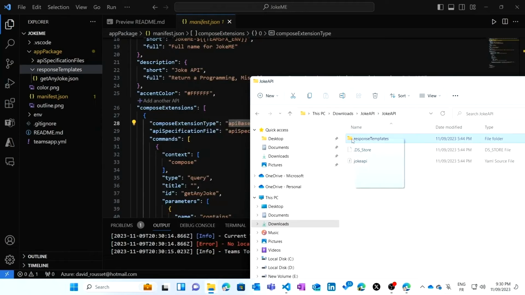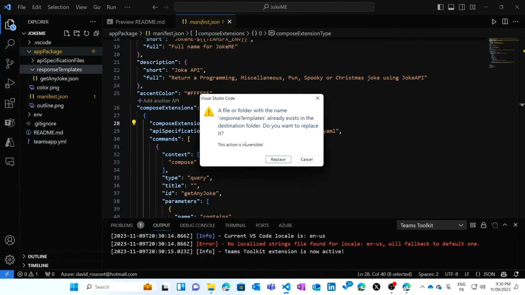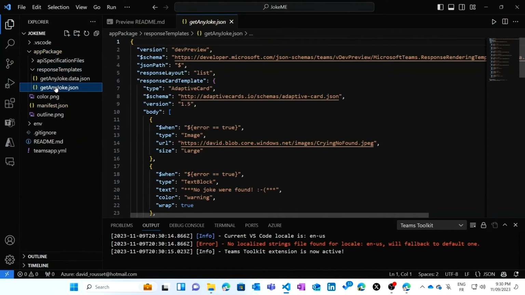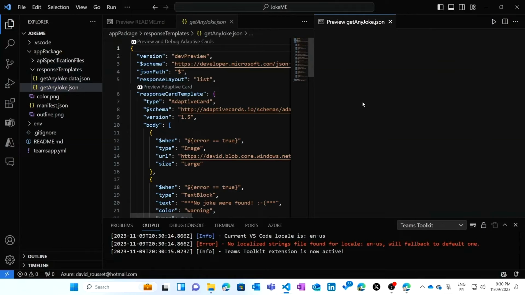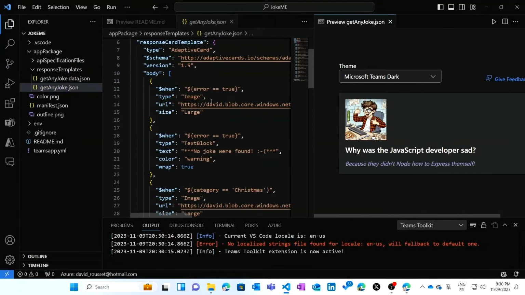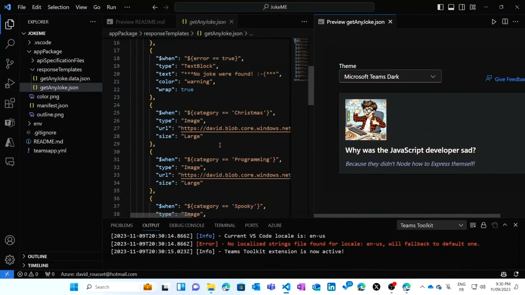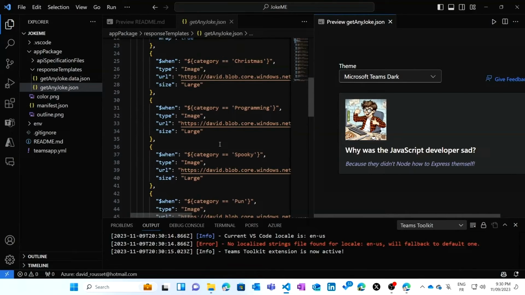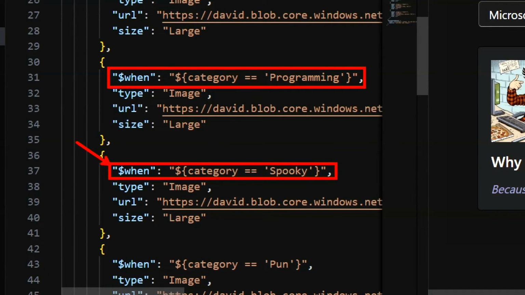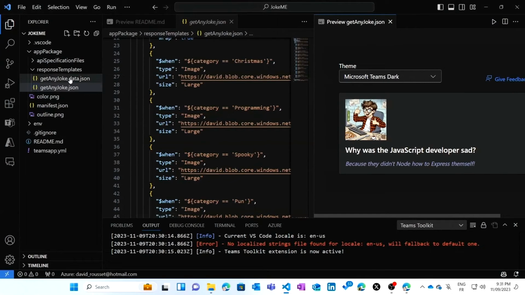To save time, we already built a more polished adaptive card, which I'm going to drag and drop here. And there it is. So now by clicking on Preview Adaptive Card, you can actually, right from within Toolkit, preview these cards as you design and modify them. These cards can also be made more dynamic with operators like if or when statements that will change the contents of the card in real time in the product. So for example, we specify here that for all jokes of Theme Spooky, the card should display a specific image that we chose from Bing Images, and we specify the URL. You can do the same thing for other categories.